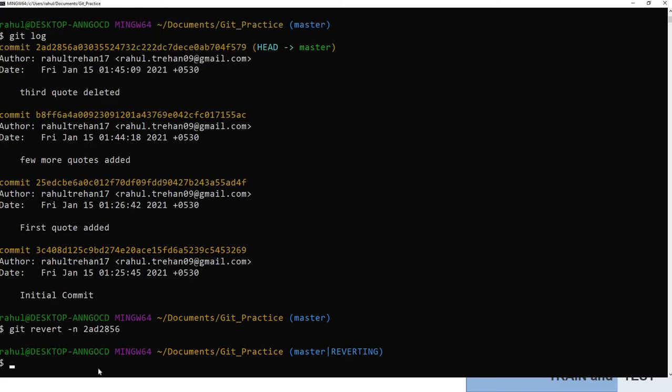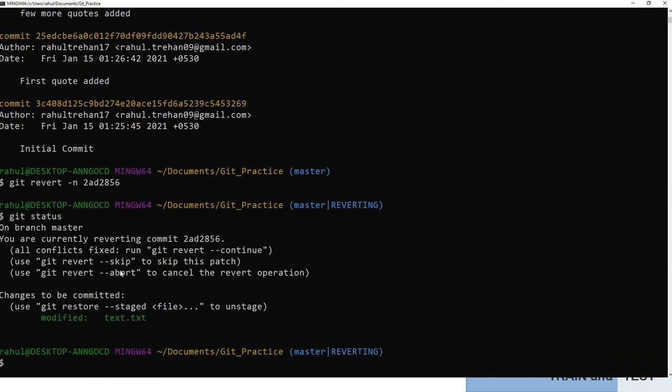Now after running this, if we check the status again, you will see that we made some changes on our branch and we can see that we are currently reverting this particular commit. So what we have to do now is we do not really need to add this file, since revert functions like an add function only, wherein you are adding a particular change to be committed. So what we'll do is simply run the command git commit followed by the message undo